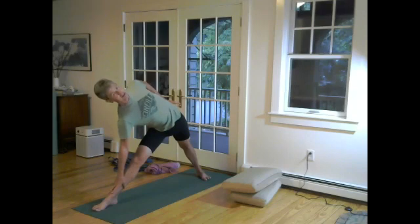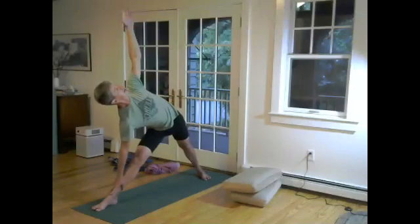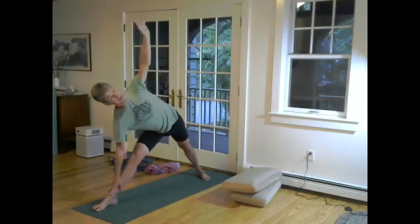action, that spiraling action, corkscrew, counterclockwise, is going to open up the whole left shoulder as well. Maybe the left hand comes to the sky if the root of the hip is down. When we take it to the floor,